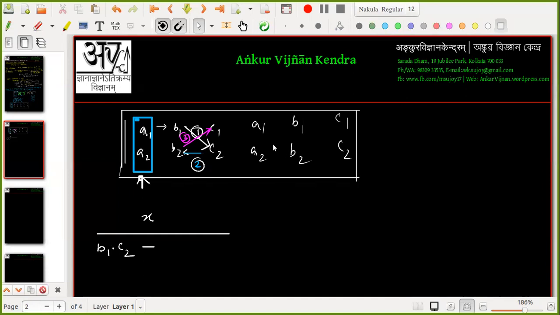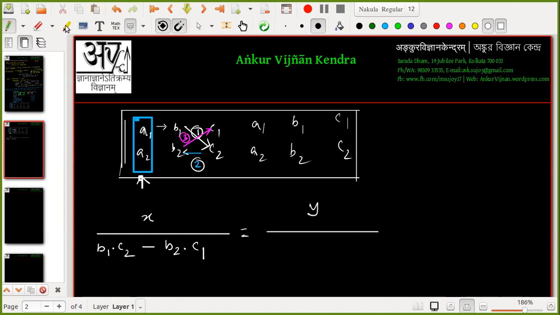So white, blue, pink, this is how we are going to proceed. So in this step, what is happening? Minus b2 into c1, done, equals to